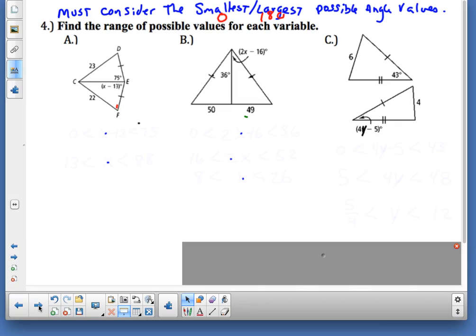I want you to consider that we must consider the smallest angle value, which is 0, and the largest angle value that we're studying this year, 180 degrees. Okay? These are possible angle values that we can work with. That's the smallest and the largest, those two extremes. And I'm going to tell you how we're going to use them. But before we start with that, I want to talk about how I can tell which of the provided angles are bigger than the other using the hinge theorem.